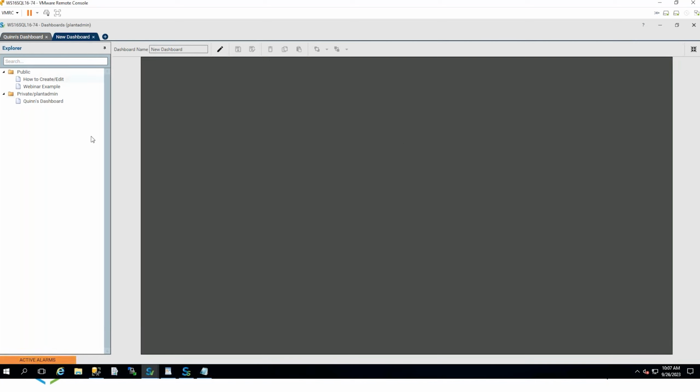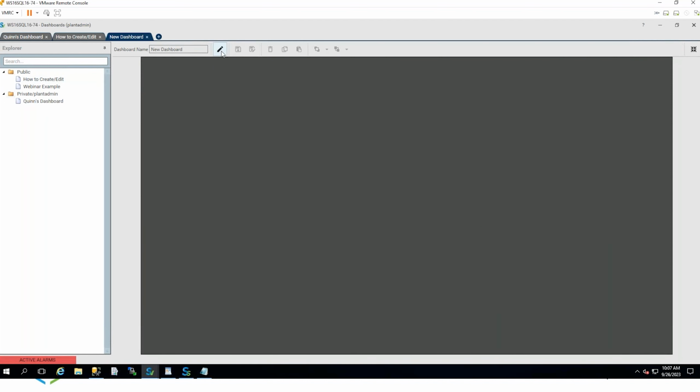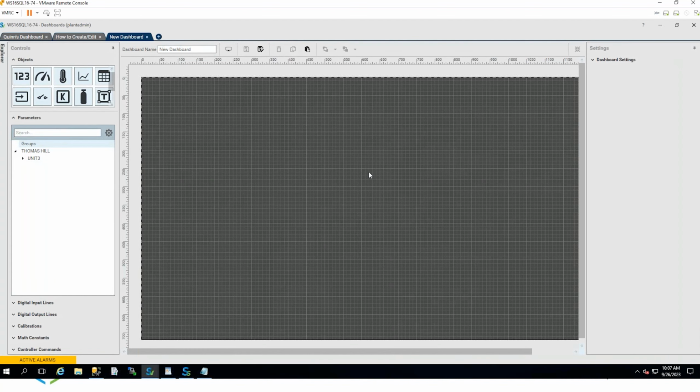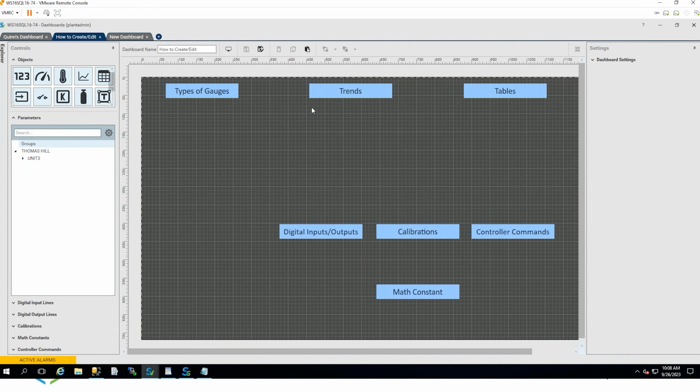And then you can just open up how to create and edit, which is the dashboard that I'll be working in. And if you didn't have one here, all you have to do is click the edit pencil and you could start fresh with a brand new dashboard. I just have one started for the sake of remembering what to show you all, and a little easier rather than having to create all the text boxes. But here we are. I'll click the edit button,